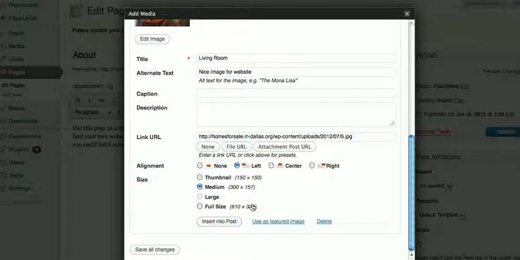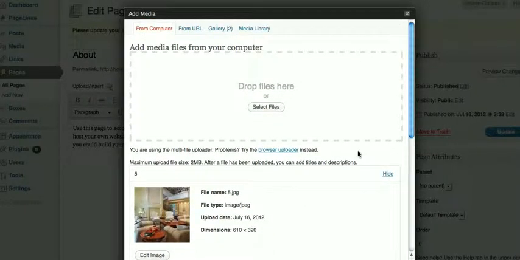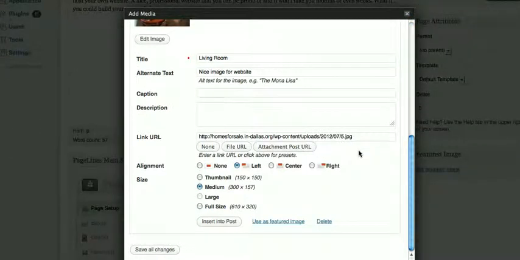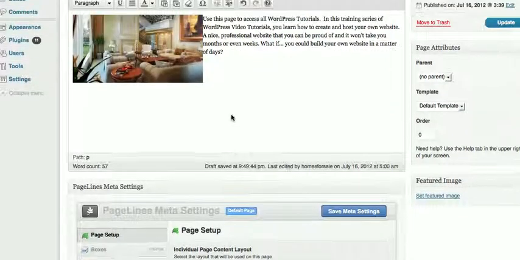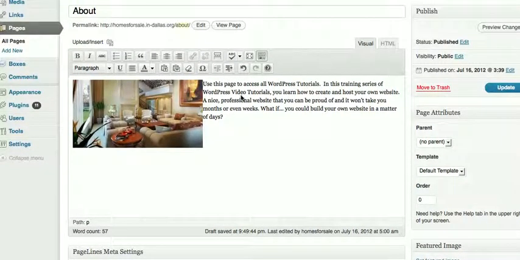Now, I am going to insert this into post. I can insert it right now so I can see what it's going to look like. And then once I insert it, disregard use as featured image. Okay, once I insert it, then I can see that it's in my